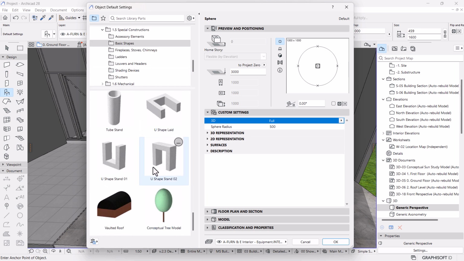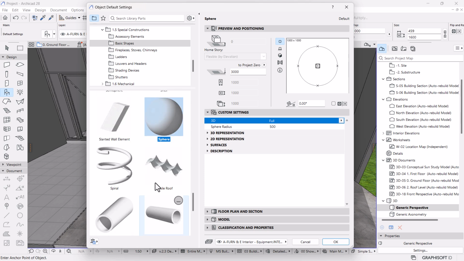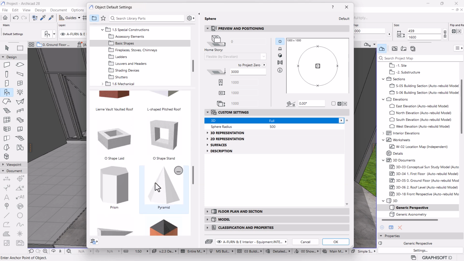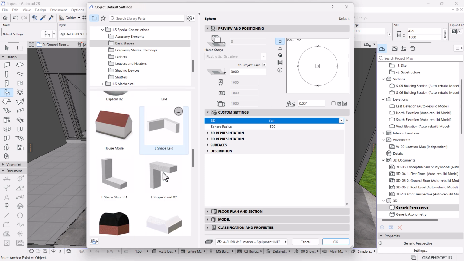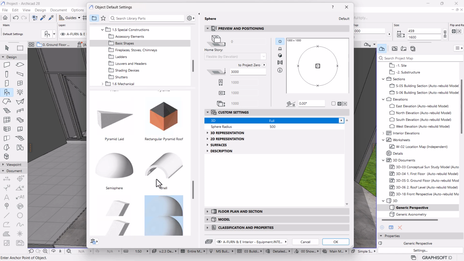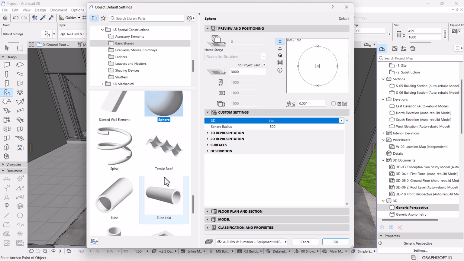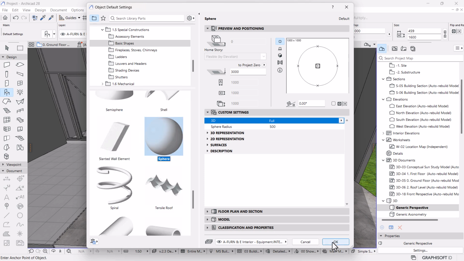So we have a bunch of 3D shapes here, or geometry, that we can combine and come up with interesting sculptures or artwork. So I'm going to start with this one and make sure the 3D resolution is on full,